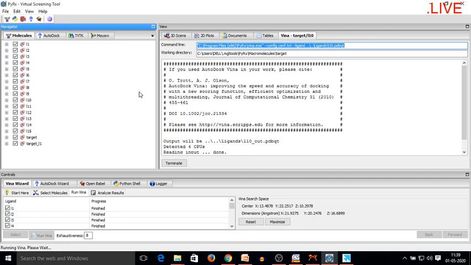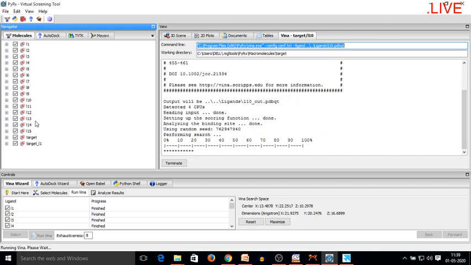But if there are a lot of structures and a lot of substitutions present in your ligand, then this process might take some more time. One more thing that governs the speed of this process is the RAM of your PC.